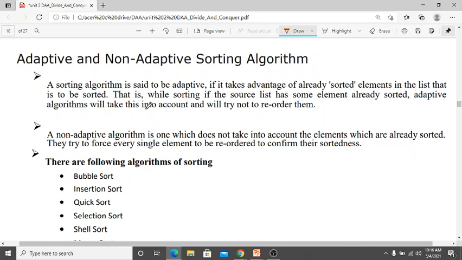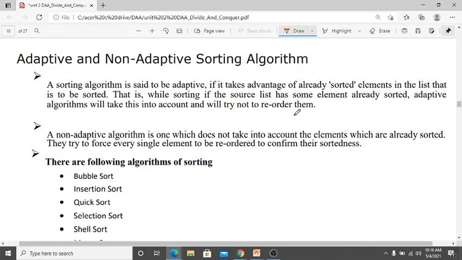Adaptive algorithm means whatever the elements you are taking from the original data, if some of the elements are already sorted in the original array, then when it is sorting, it will not reorder them.